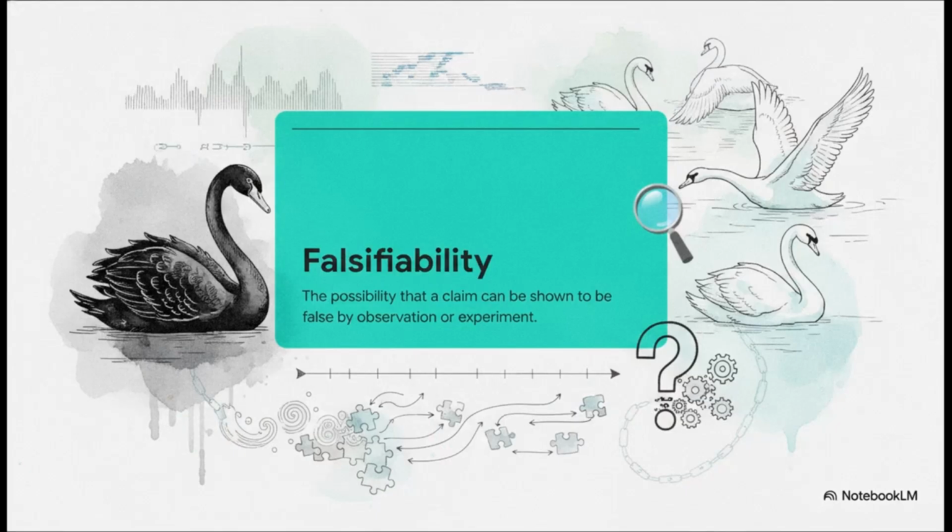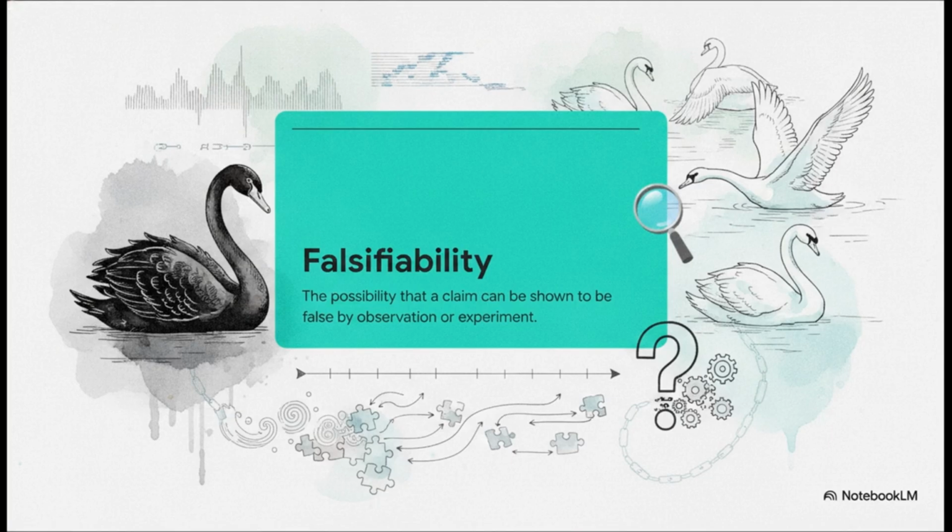Okay, let's dive right into this by grounding ourselves in the absolute gold standard of modern science, falsifiability. For something to actually be a tested scientific hypothesis, there has to be a logical possibility that an observation or an experiment can prove it false. If you claim, say, all swans are white, discovering just a single black swan falsifies your entire claim. That's how science progresses. In this explainer, we're going to use this absolutely crucial standard as our lens to examine a major controversy in the linguistic world.